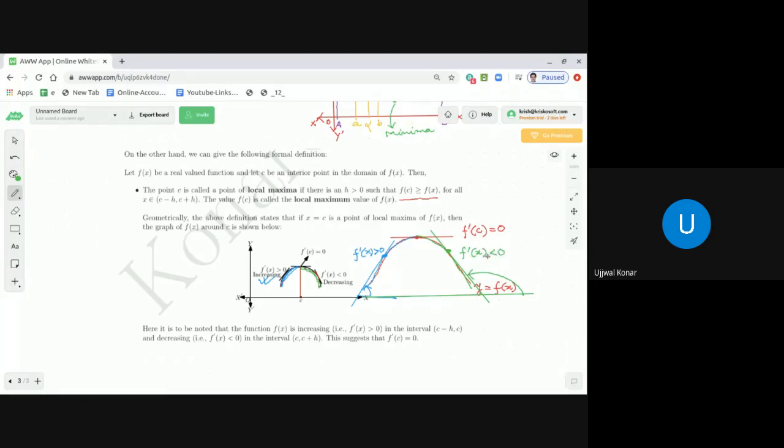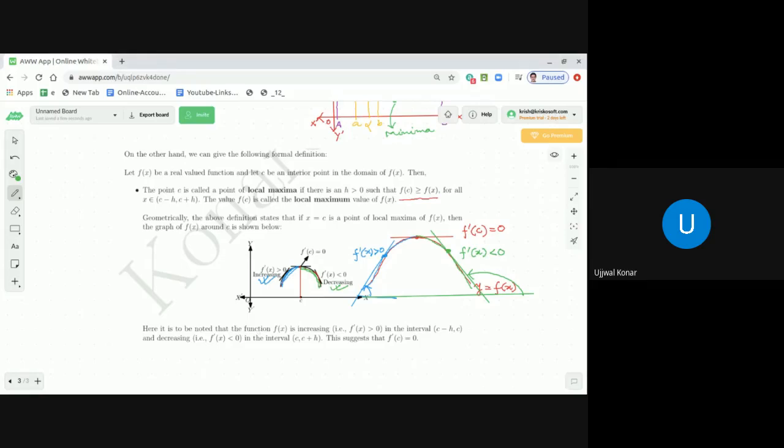Now f dash x is less than 0. From the knowledge of our monotonicity, what do we know? It is a decreasing function. That is why it is written as decreasing. If you understand that particular point very clearly, dear students, now let me revisit the statement I made,